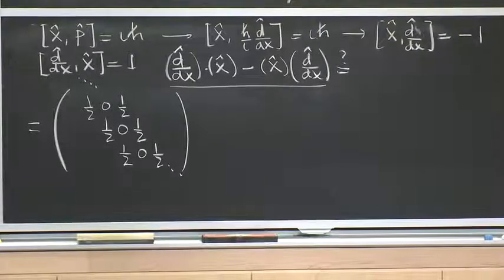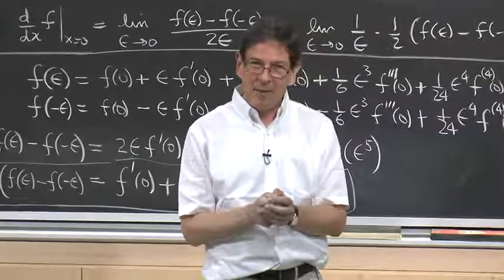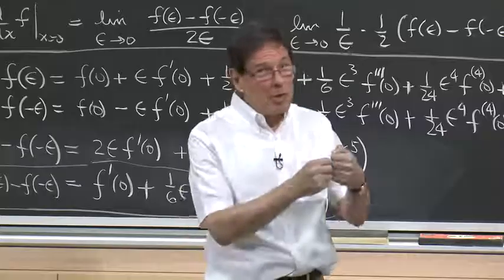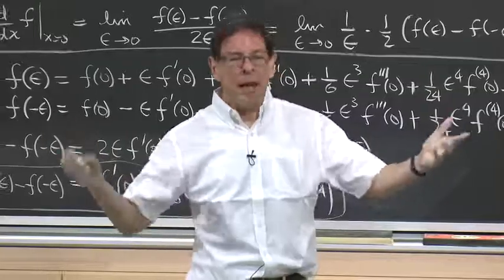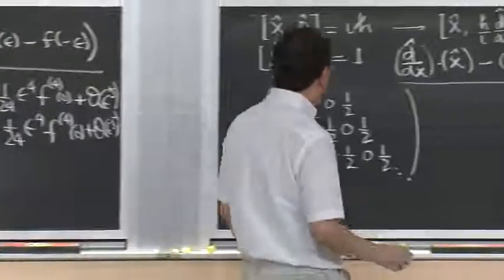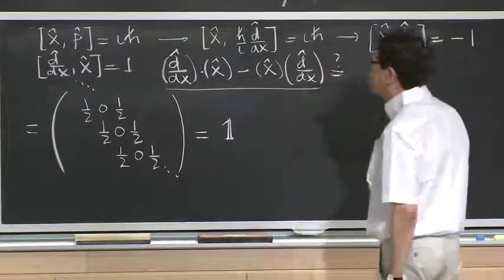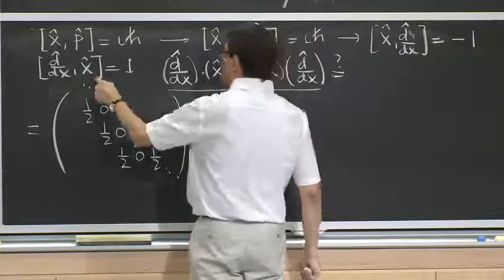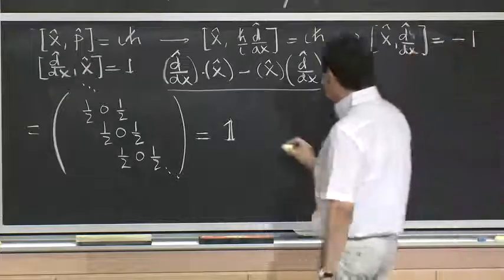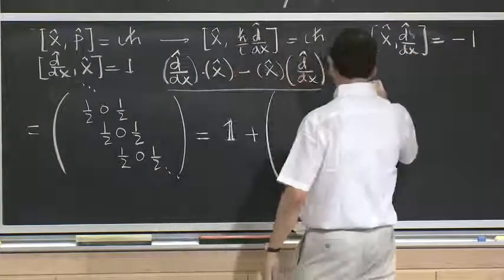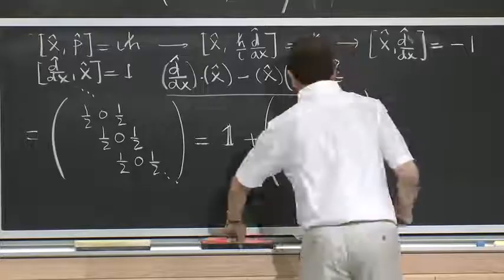Here you can do something that is very typical. If you get something that is not what you want to get, you write it as what you want to get plus something else, and look at that something else and wonder, why is it there? So I'll do the same thing. I will say this is the unit matrix, that is what I wanted to get, because this product of infinite matrices then taking a commutator should have given me the unit matrix, plus some matrix that I didn't want to get, and that matrix would be one with a 1/2, a little bigger, so that